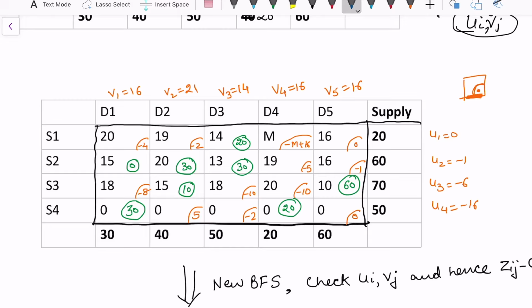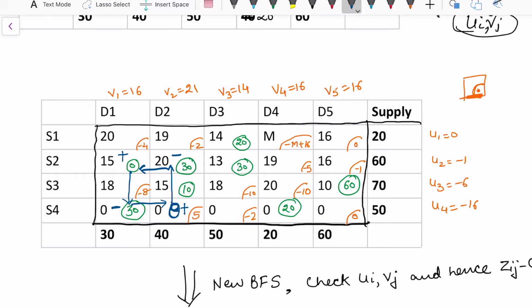Now we see that the Zij minus Cij is not all negative. And here, I'm putting theta in the cell where Zij minus Cij is most positive. So I'm going to allocate a theta here and then I need to search for my loop. It is clear that this is the loop. And then we start with a plus sign, we subtract, we add, and we subtract.